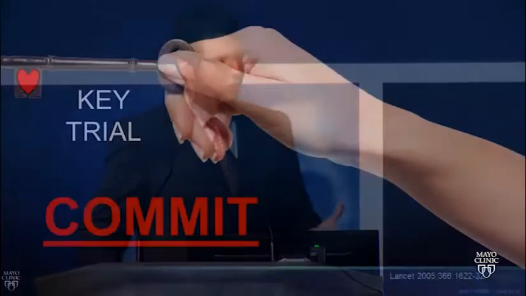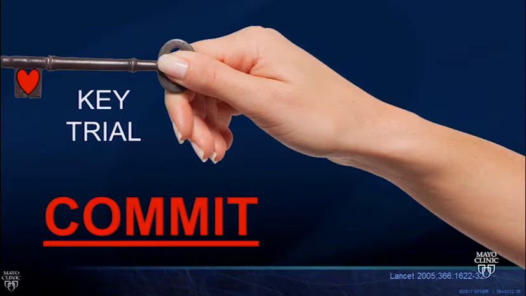So this is our first key trial, the COMMIT trial. And for each of the key trials, we're not going to give you a whole bunch of figures. We're just going to say, what was the question that was asked, what were the trial basics, and what's the take-home point for the trial. So the COMMIT trial said, if we take a very large population of patients with acute myocardial infarction and then give them high-dose protocolized beta blockers immediately following the infarct, do they do better?